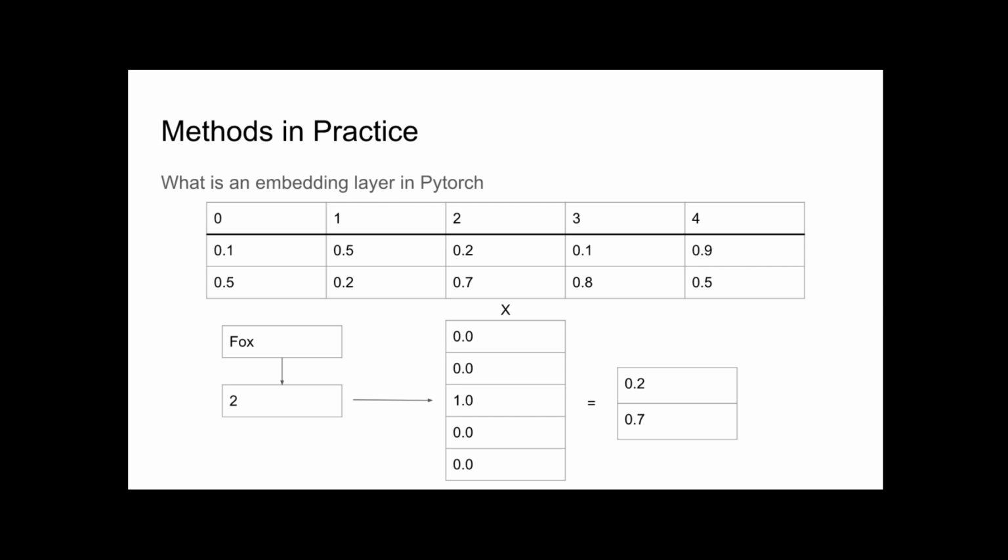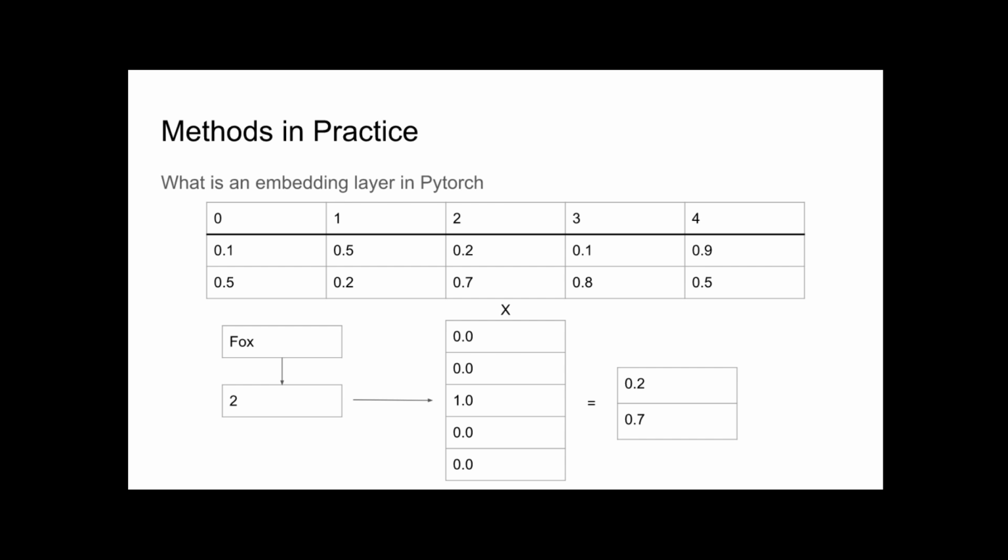I'm sorry, where are the 0.2 and 0.7? Yeah, so you've got 0, 0, 1, 0, 0, right? So the 1 is in your middle position. Doing a matrix multiply with this pulls out this column and multiplies it by 1. So this 0.2 and 0.7 is that 0.2 and 0.7. So it's literally just a matrix multiply. Any confusion? Because there are some super cool things that we can do with this, but if you don't get this part, then it's kind of